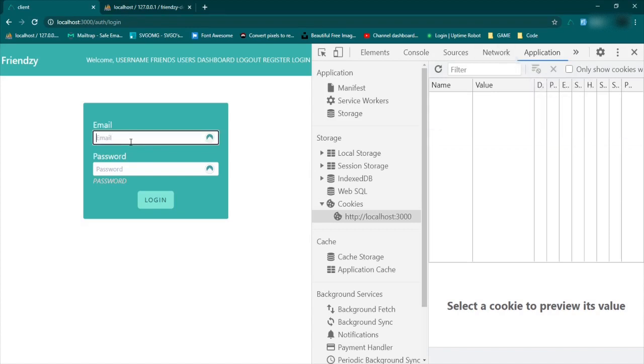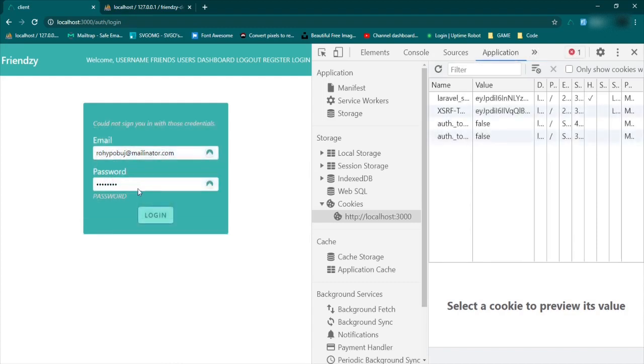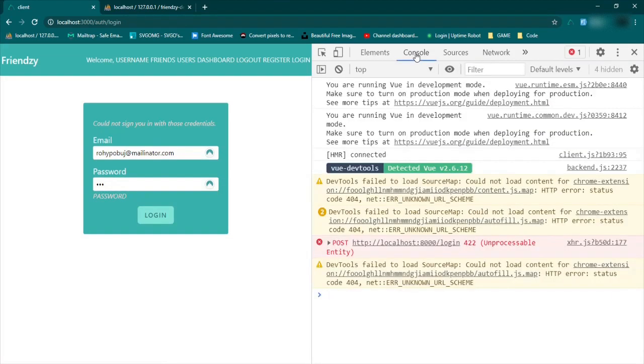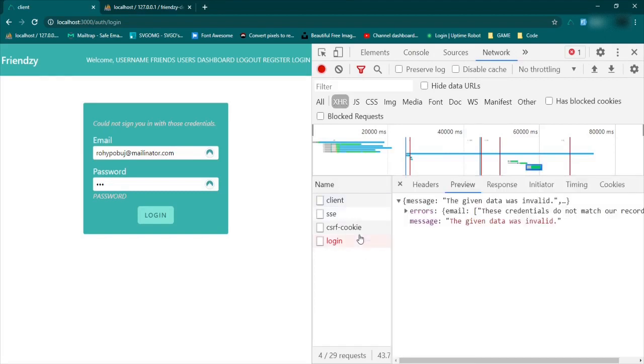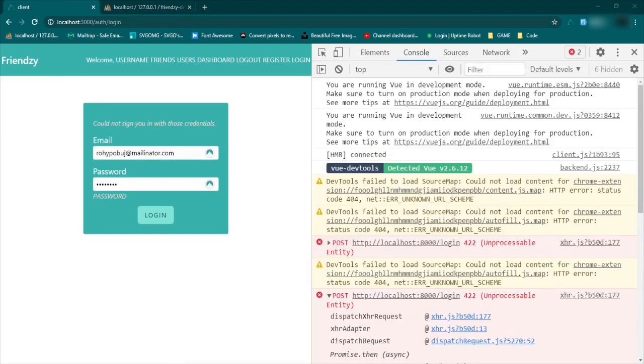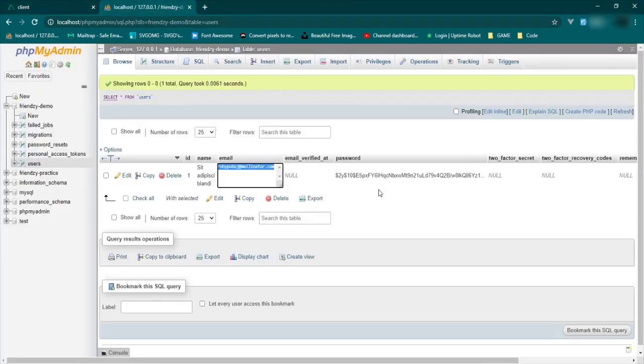We'll go in and try to log in. Oh, I need to take this out as well. I'll do that after. So log in. Did I not put the right ones? Let's check the console. Network. These credentials do not match our records. Okay, so we're running into an error where this isn't going through, but I did realize that our user,